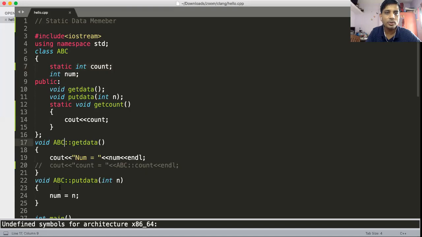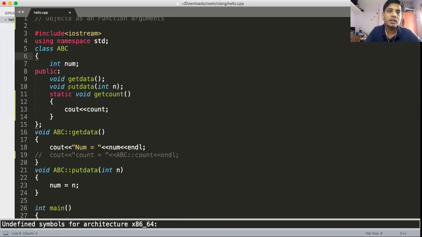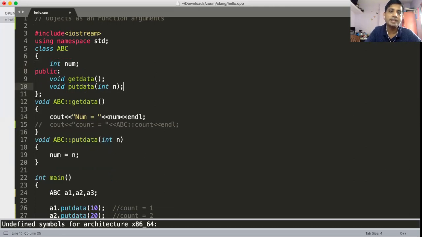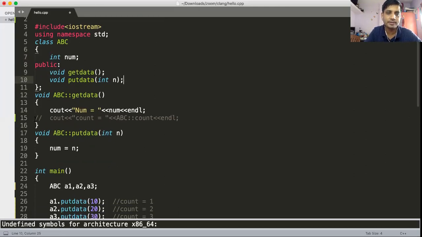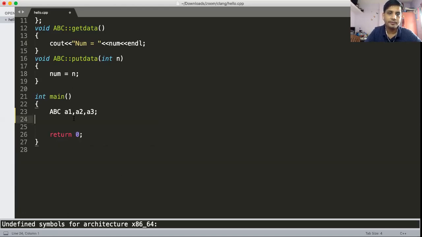Yes. Now the next topic I want to discuss with you is object as a function argument. It means, can I pass an object as a function argument? Definitely you can pass, but how to pass, what is the procedure for it, we will see here.